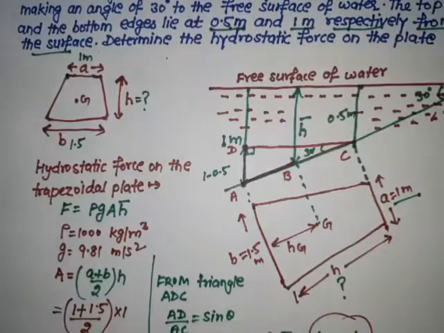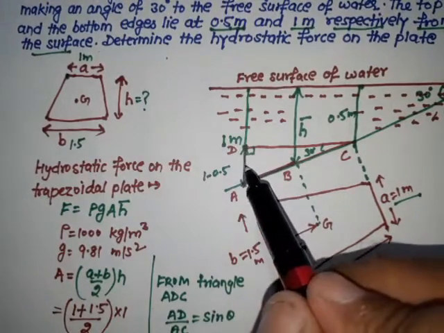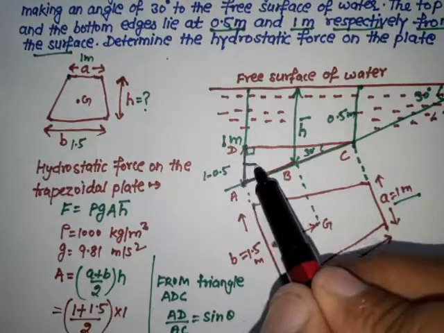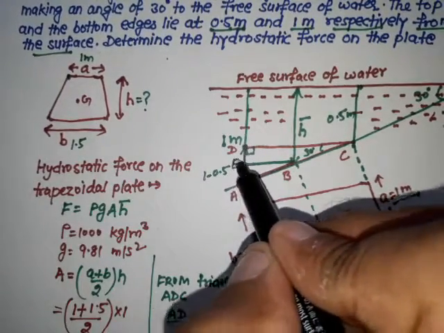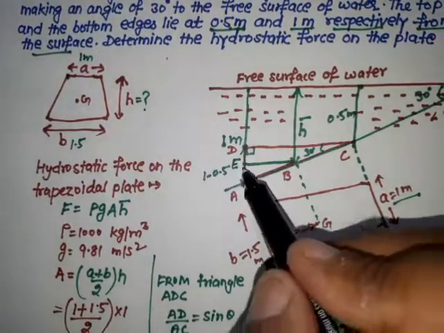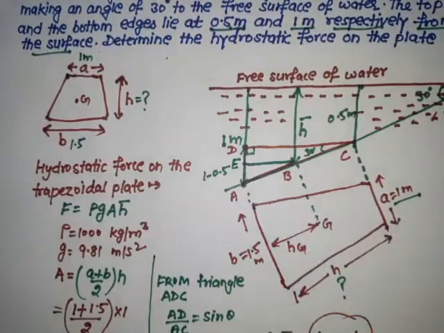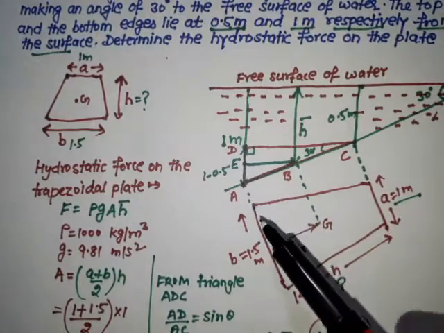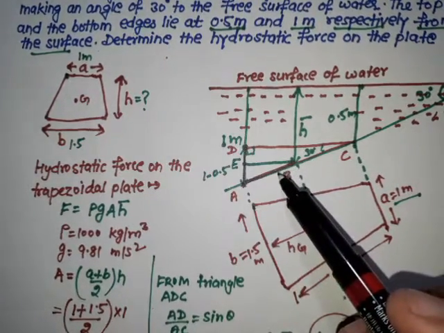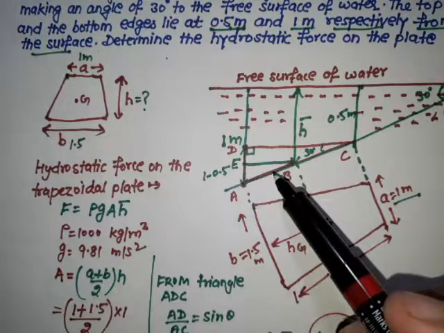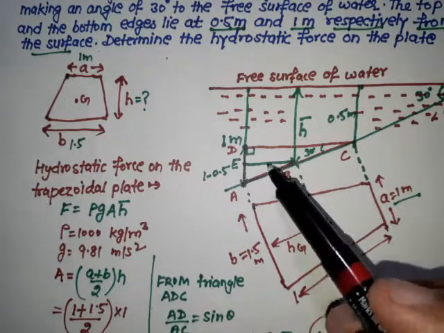If I plot another triangle ABE, this is the another triangle ABE. So from this triangle, if I have this distance, I can easily find out the distance, that is h bar,